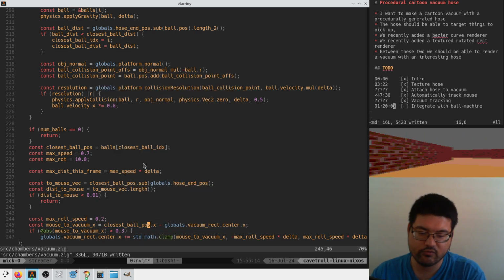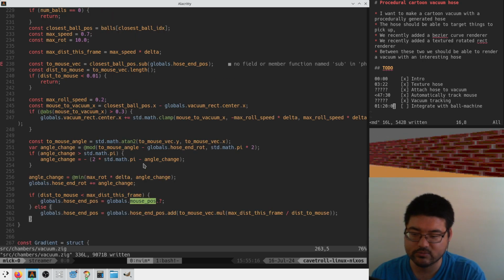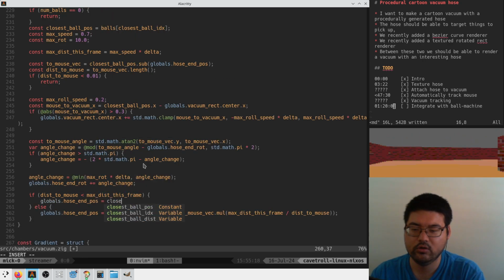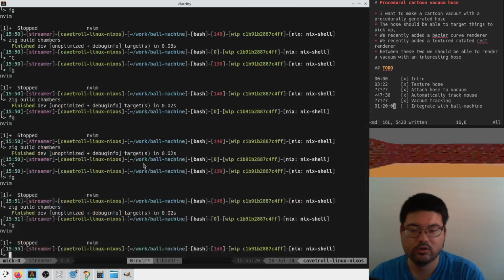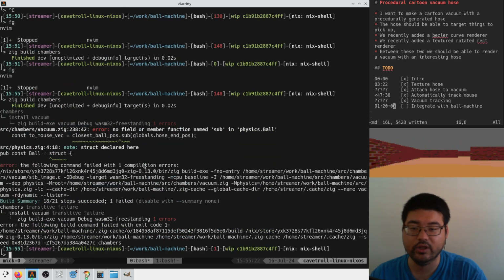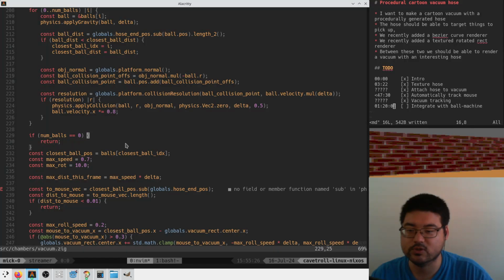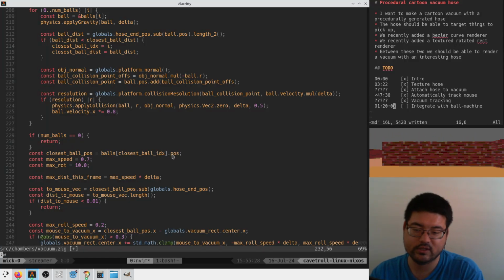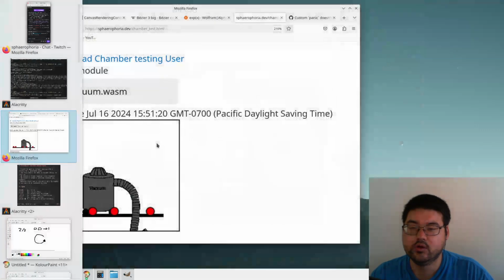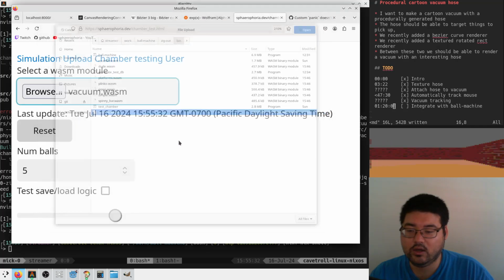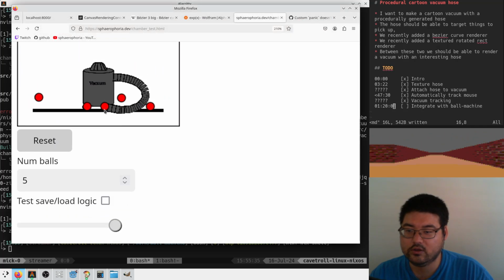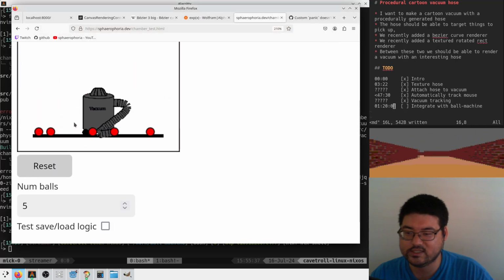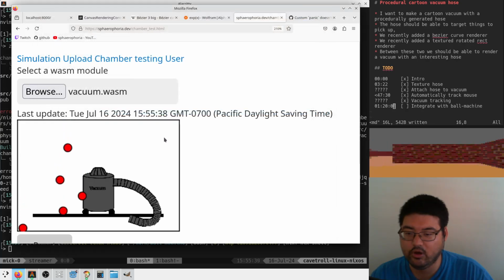So anywhere that was trying to look for the mouse before just looks for the closest ball. No thing named sub here because it was supposed to be balls dot pause like this. And okay, so we do see it kind of snapping to a ball now,